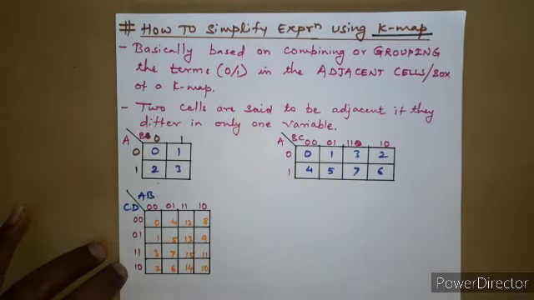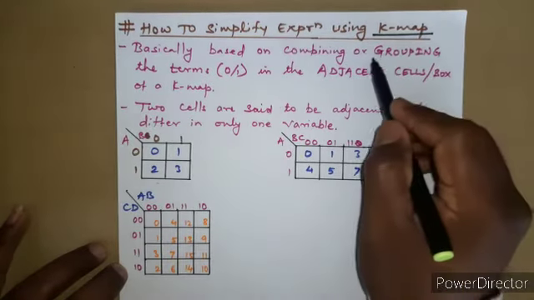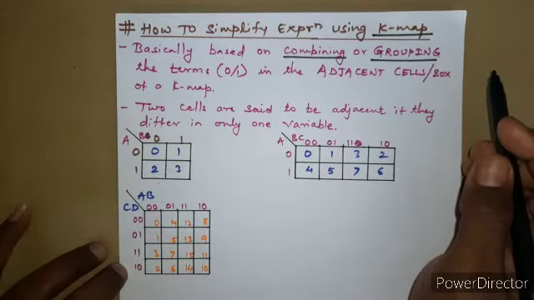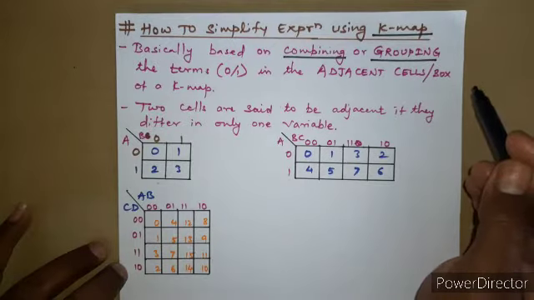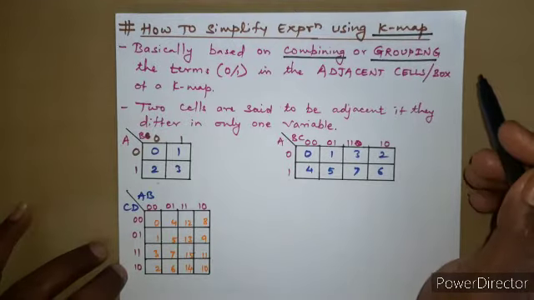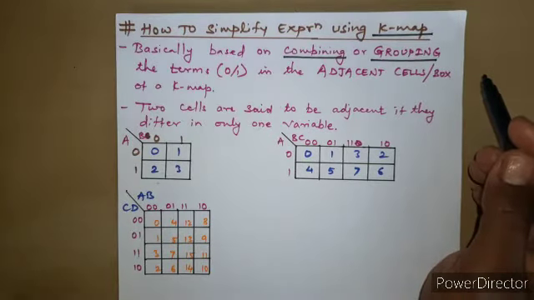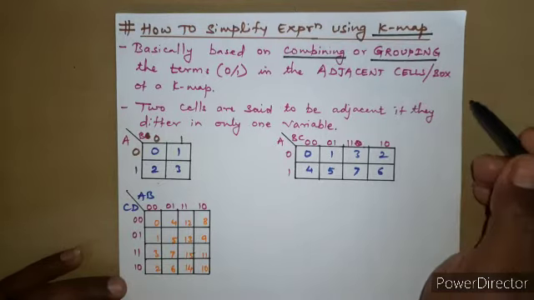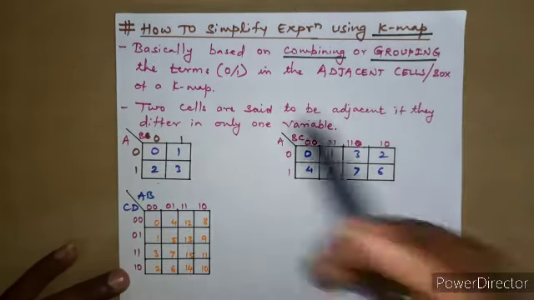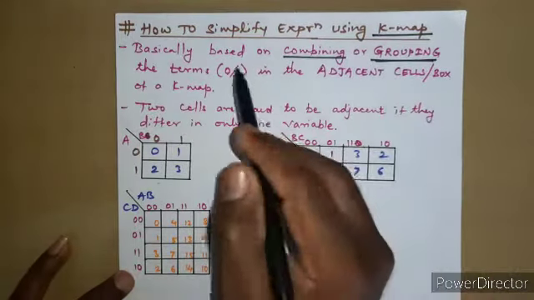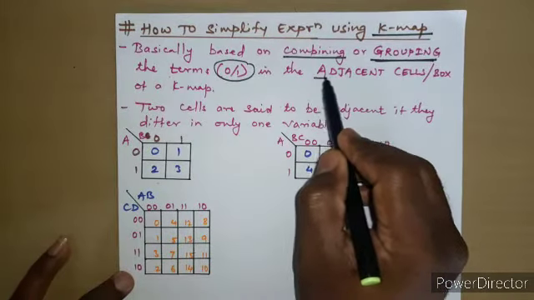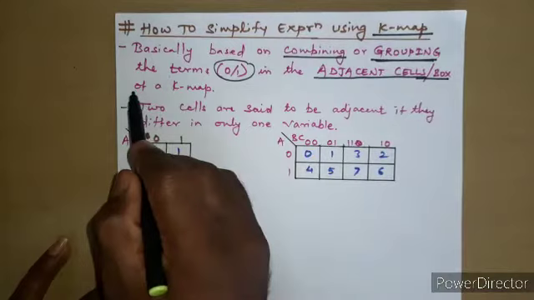I think we have already covered the required concepts, and in the last lecture we said that this grouping or combining the terms, min terms represented by binary 1, and max terms represented by binary 0. Now we are at this point of the concepts to understand combining or grouping these ones and zeros. If you want to make a group of these ones and zeros, then we need to first identify the adjacent cells or adjacent boxes of a K-map.